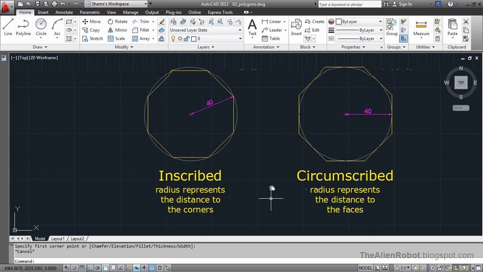we have to keep in mind is are our polygons inscribed or circumscribed? Now the inscribed specifies the radius of a circle on which all of the vertices of the polygon lie, and the circumscribed specifies the distance from the center of the polygon to the midpoints of the edges of the polygon. As we can see right here,